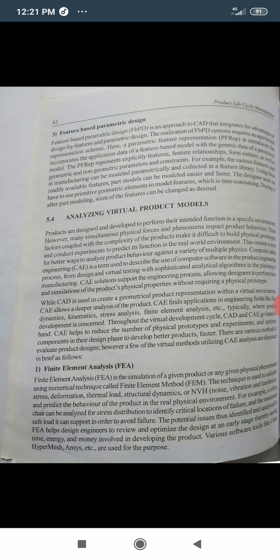Without requiring physical prototypes, we can analyze the behavior of the product in some specific environment conditions or physical forces or phenomena which will impact the product behavior.